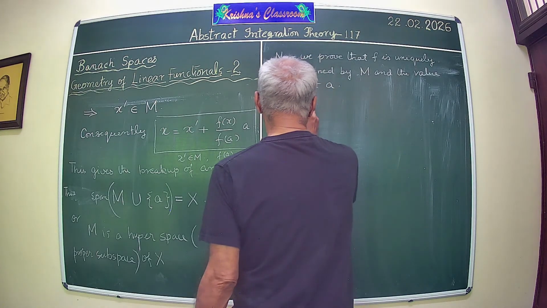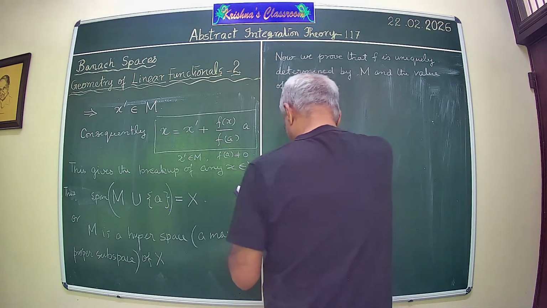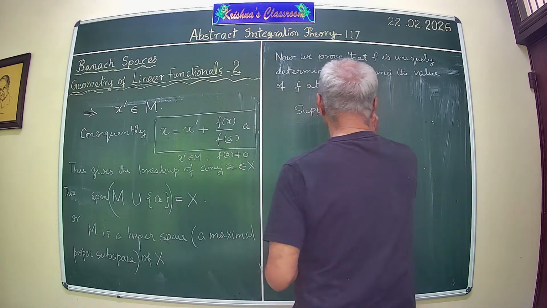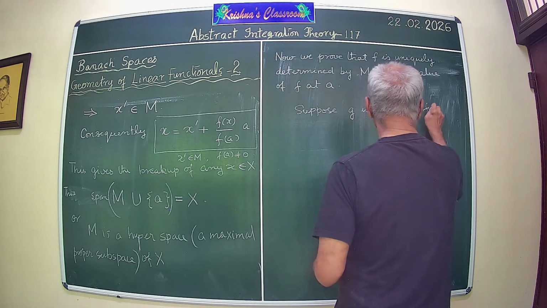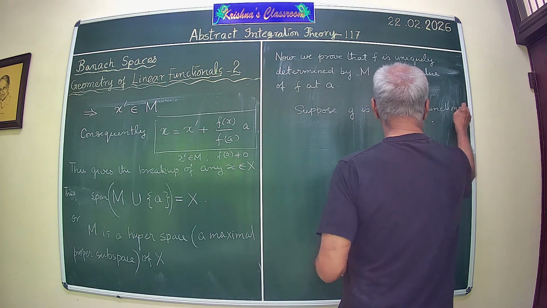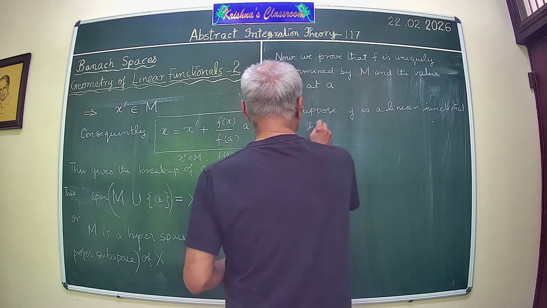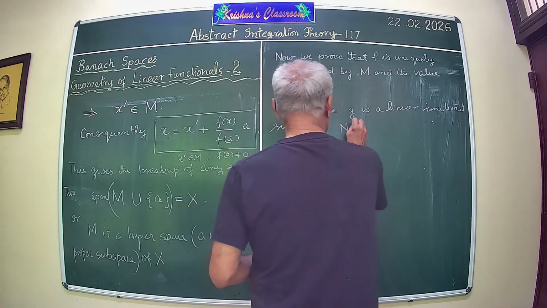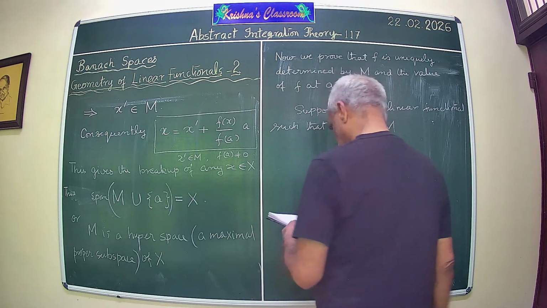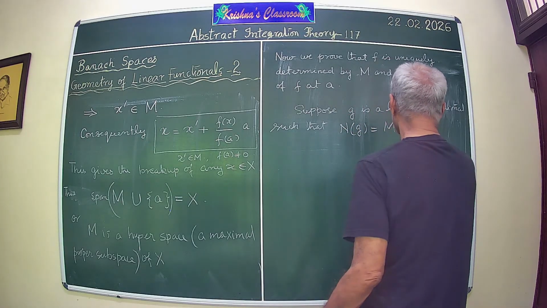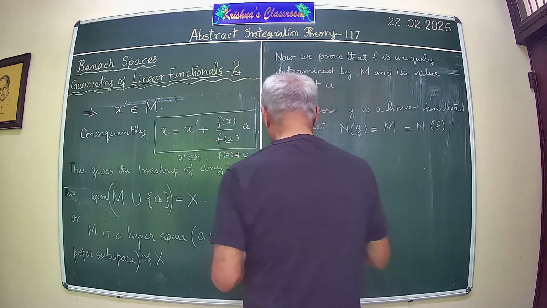Suppose G is a linear function such that the null space of G is equal to M, which is equal to the null space of f, and